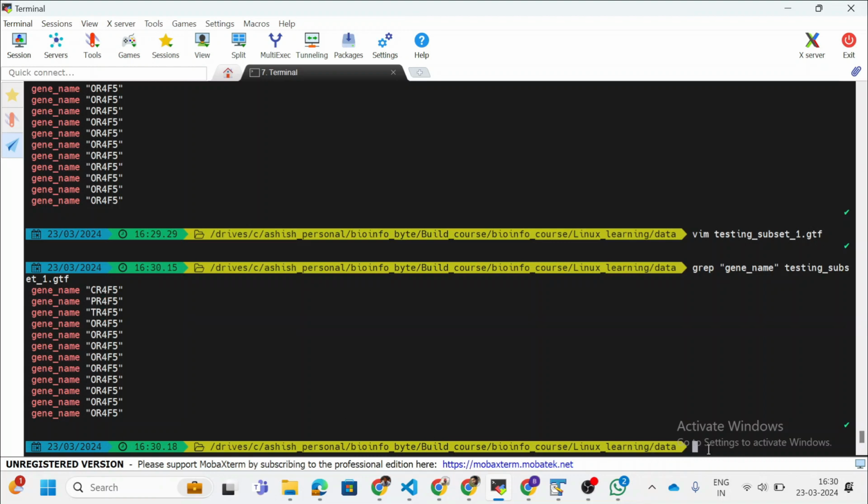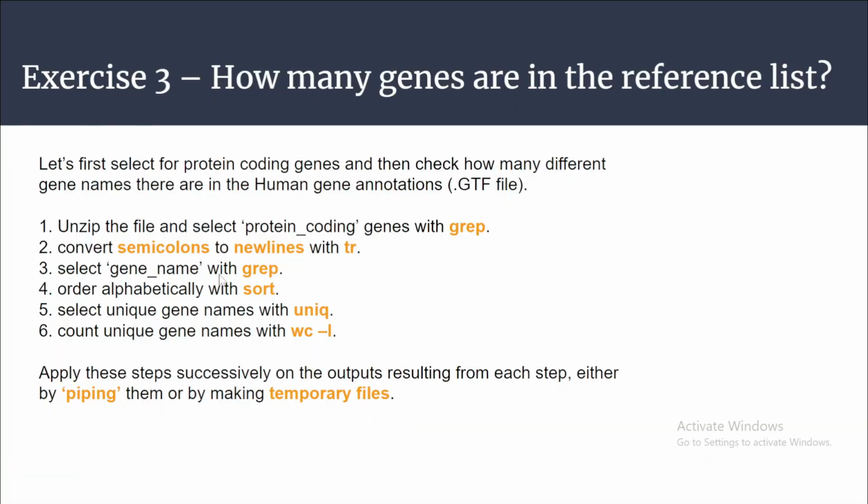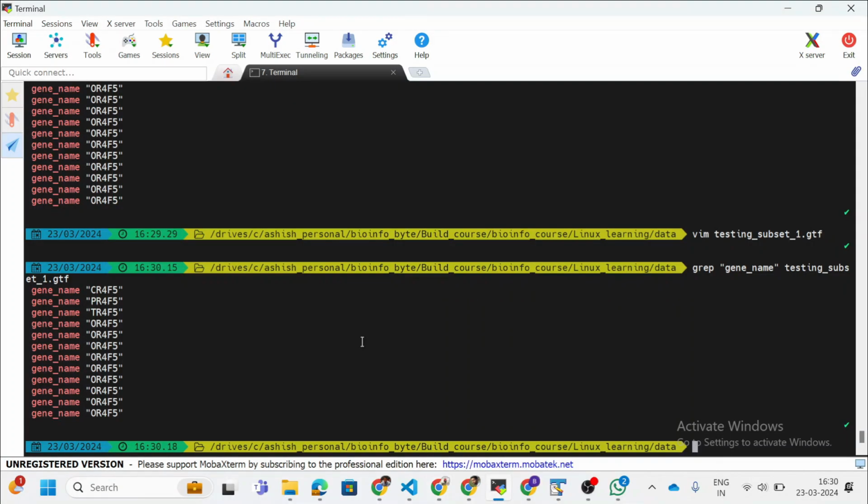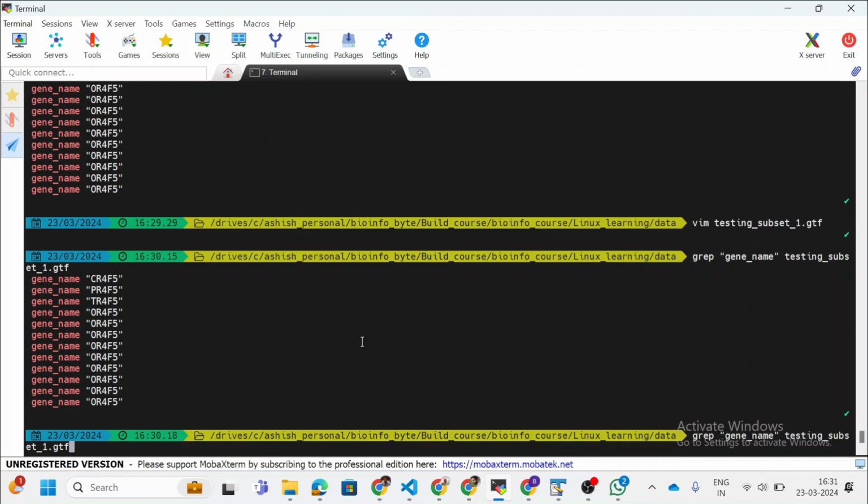Okay. Now the next task, we have completed the third task. Now I need to sort it alphabetically, because when you're working with a big file, you will get a lot of genes, like 5,000, 6,000. So you can arrange them in alphabetical order. Okay, so how can you do that? In the same command, either you store the output of this command into a new file, or if you want to do it in the same command, you just have to use the pipe again, because you can combine many commands together.